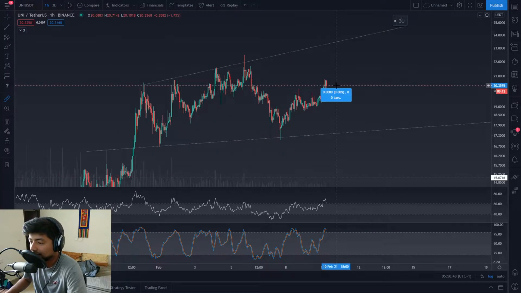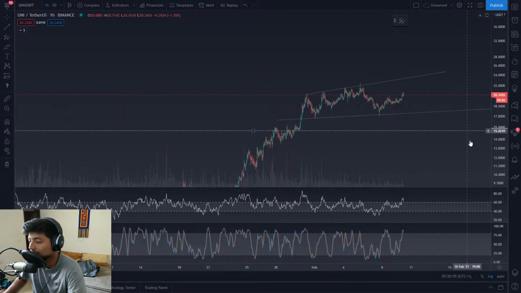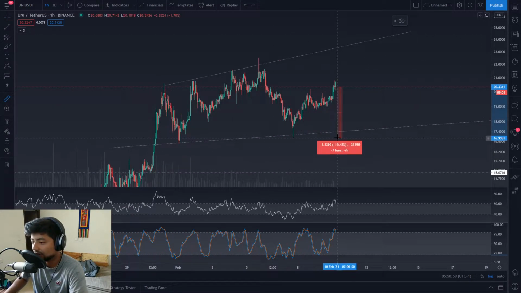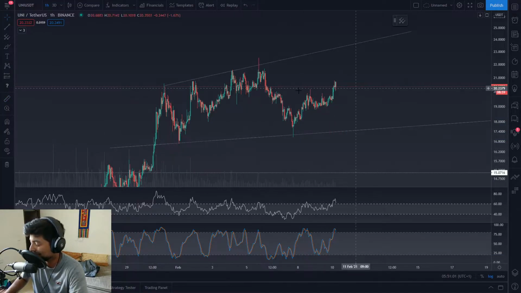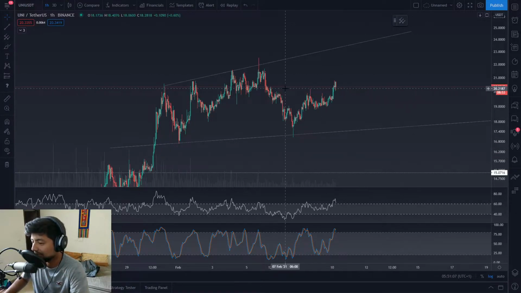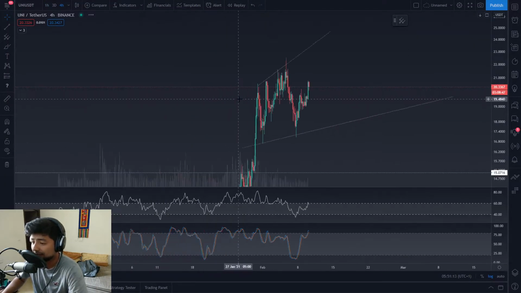And currently, if you want to retest this particular trend line right here, it's going to be a 15.5% move, which is certainly a good move. Whereas your risk management standpoint is going to be this one, which is also about 16%. So you're pretty much in the middle of the trend. No point to take positions, no point to drop positions if you already have one. It's just a game of waiting, basically. Just wait for the price action to resolve, at least in the medium time frames.